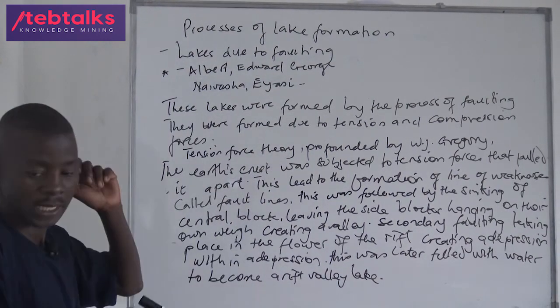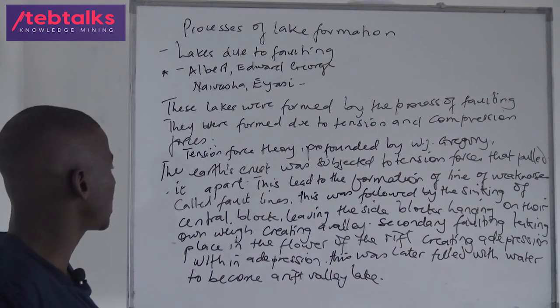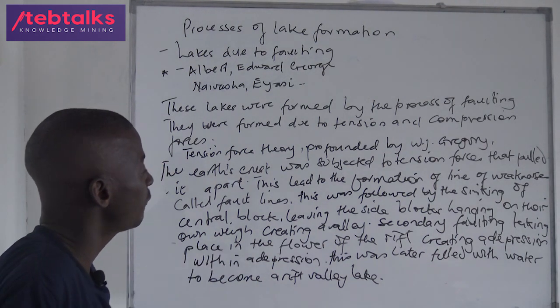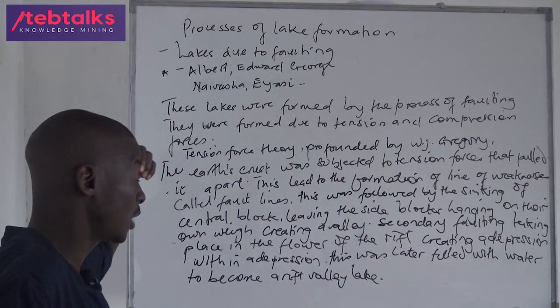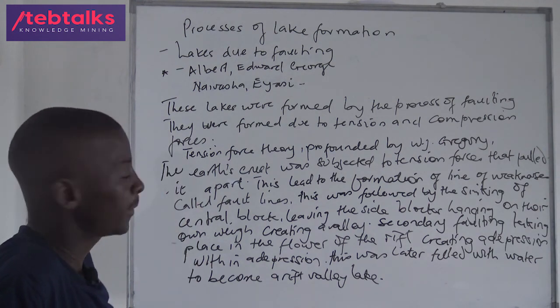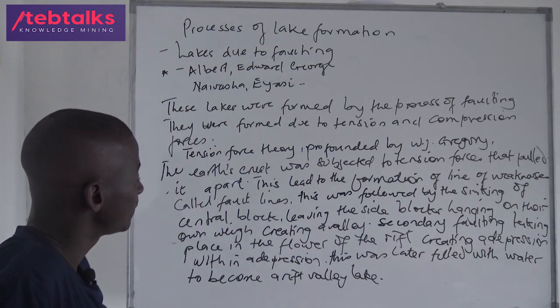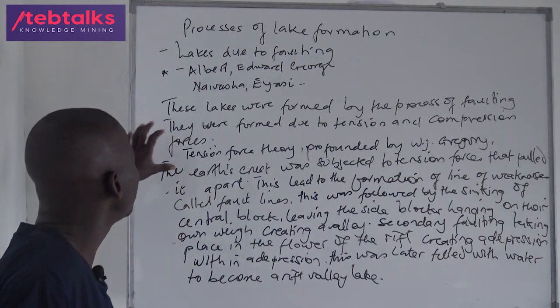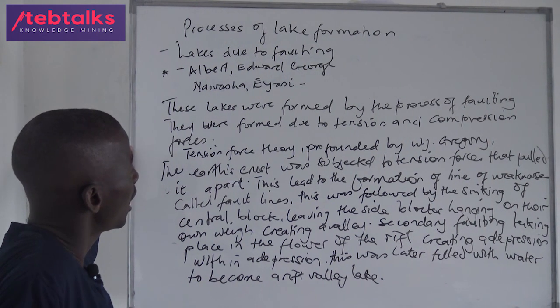So this is how the Rift Valley Lakes are formed. They are formed when there is secondary faulting taking place in the Rift Valley. So initially there was a formation of the Rift Valley, as we have explained, according to